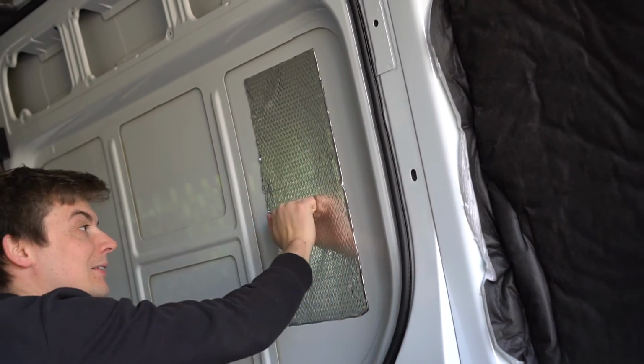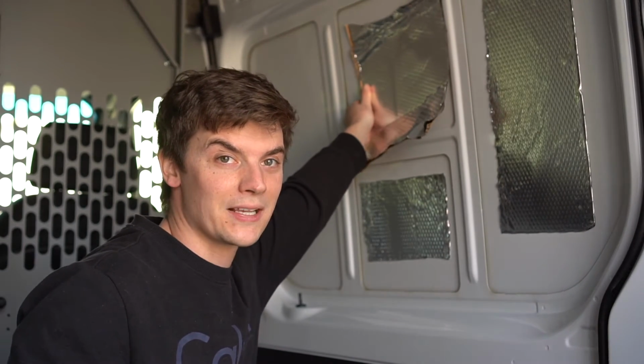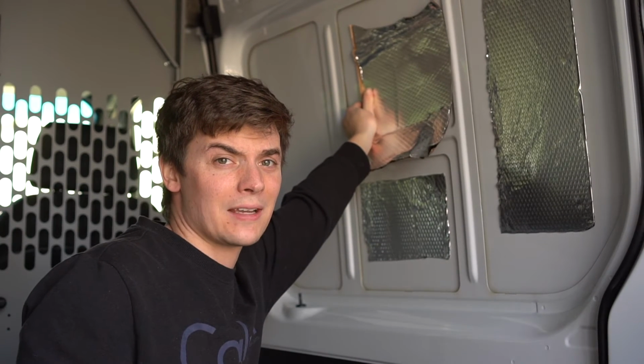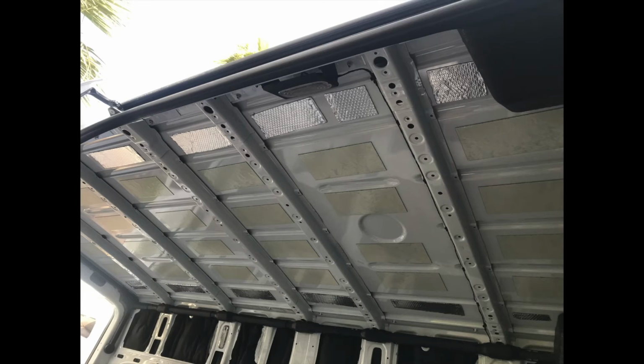So again, you just need to place about 25% coverage here. You don't need a measuring tape or anything. Just cut out by eye, place it on, and you should have the coverage you need. Any part of the van that's indented in, you're going to want to put the Noiko in. On the areas that are protruding out, you don't want to put Noiko because you're going to need access to